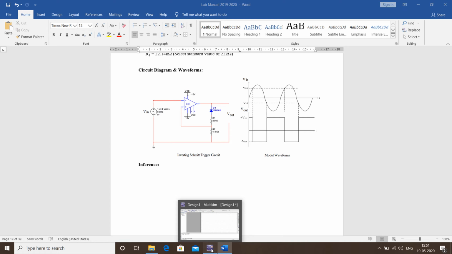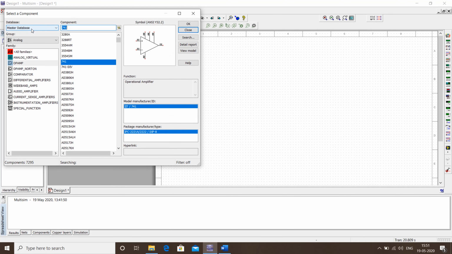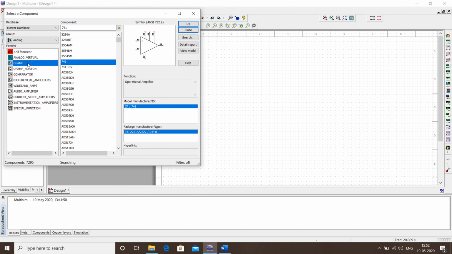So I will open the window of that. This will be the circuit window of the Multisim simulation software tool. As I showed in the previous session on the 555 astable timer, this will be the workspace here. So I will get the components that are required. We want an op-amp here, so I will go for select component under the analog part, select op-amp, choose the 741 op-amp and place it on the workspace.